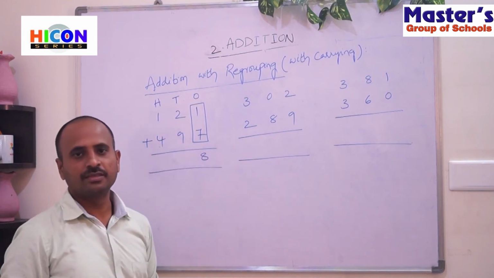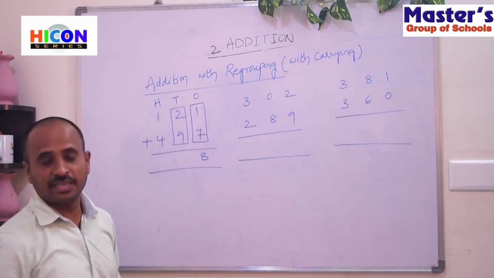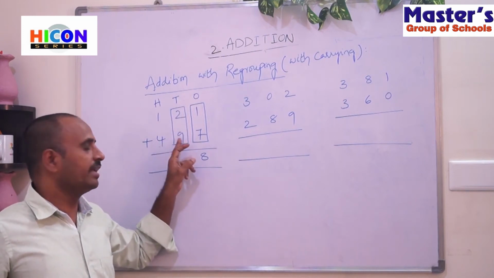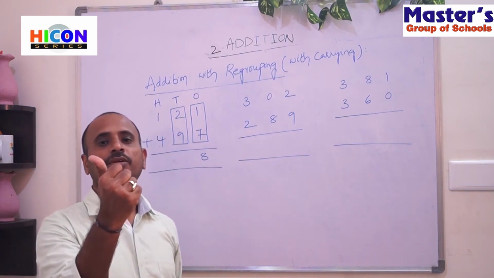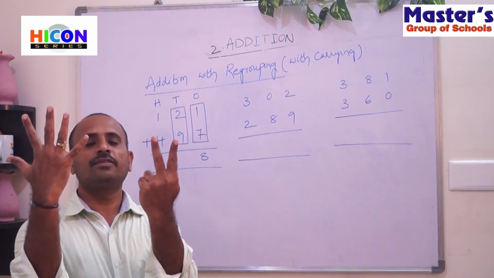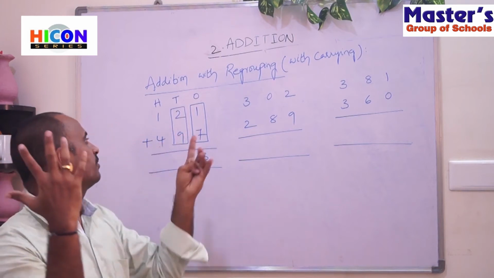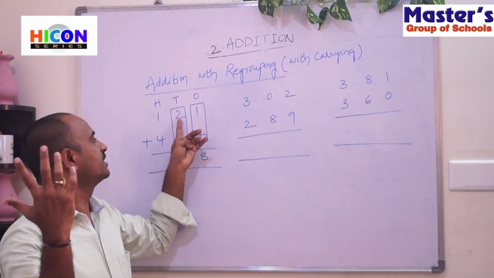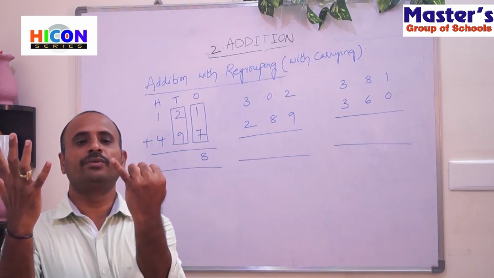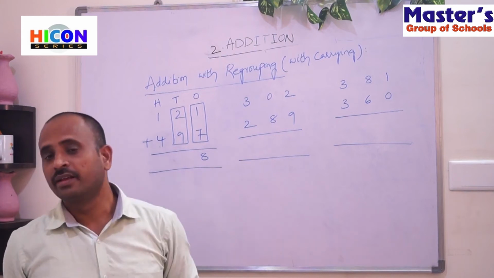Now go to the tens place. The digits in the tens place are 2 and 9. The first digit is 2 and the second digit is 9. So lift 9 fingers of your hand. 1, 2, 3, 4, 5 and 6, 7, 8, 9. These are the 9 fingers. Now start counting after the first digit. Here the first digit in the tens place, after 2 we will get 3. So start counting from 3. 3, 4, 5, 6, 7, 8, 9, 10, 11.